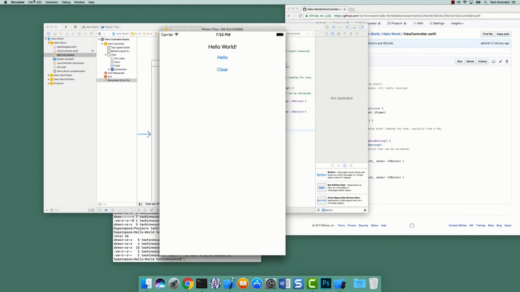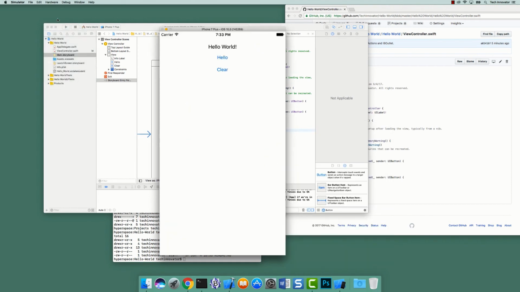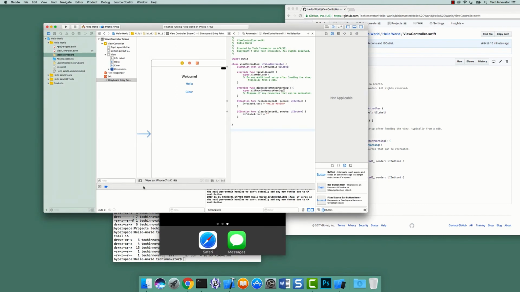I can also rotate my user interface. So it's rotating my iPhone 7 Plus, and this continues to work in display because our auto layout constraints don't really care whether I'm vertical or horizontal. I told it how far down, how far over, centered, etc. things are to be, and it's going to follow that set of rules. I'm going to rotate back left again, and then if I go up here and hit stop, it'll stop the